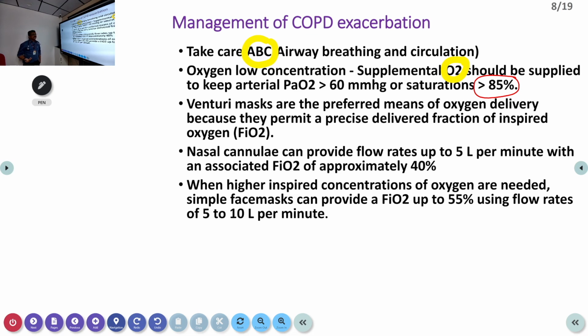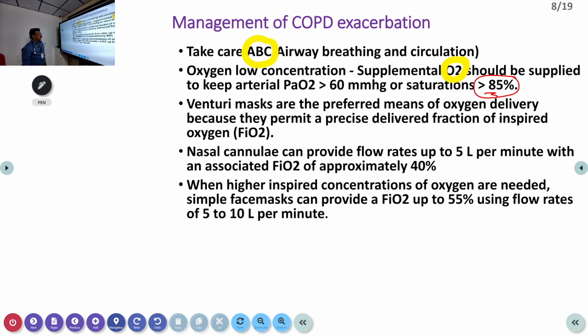If you give high flow oxygen continuously, you may wash out the carbon dioxide, you may correct the oxygenation. If the oxygen saturation is very high, the patient will go to respiratory arrest actually, because these patients are compensated for a long period for that hypoxemia and hypercarbia. So never try to overcorrect the saturation. Keep the saturation somewhere around 85. 85 to 90 is more than enough.